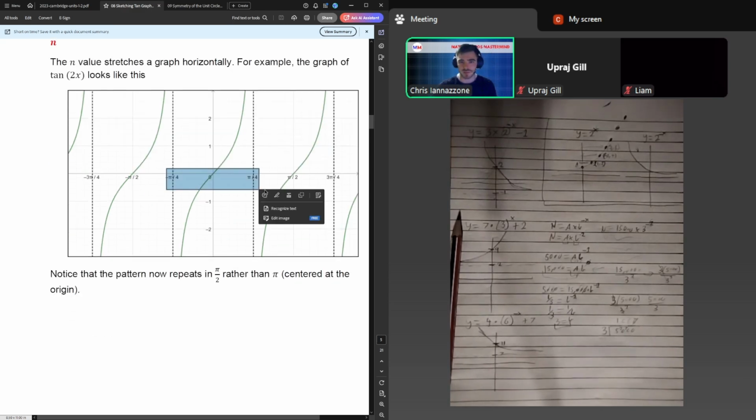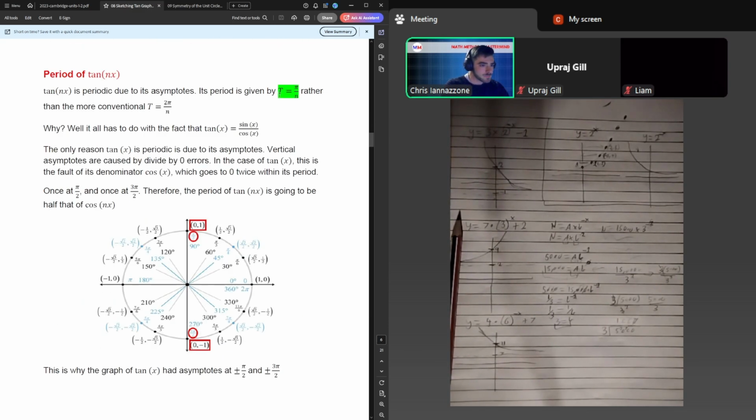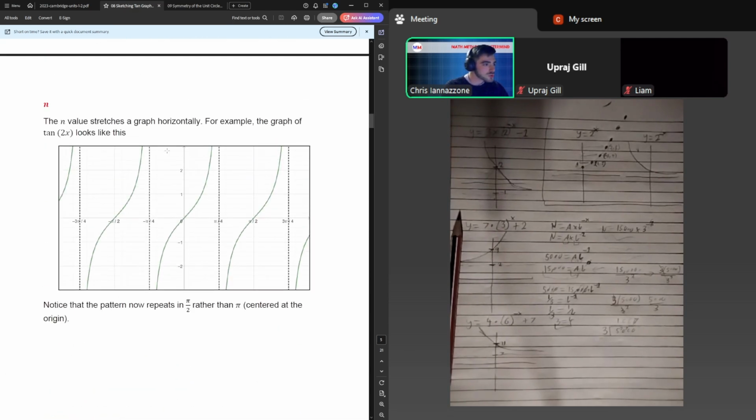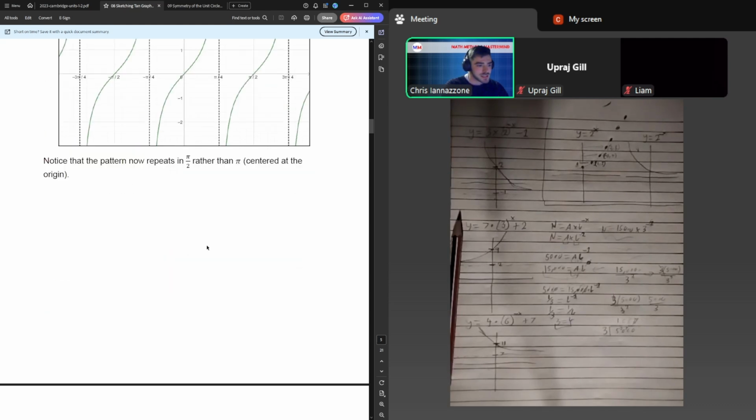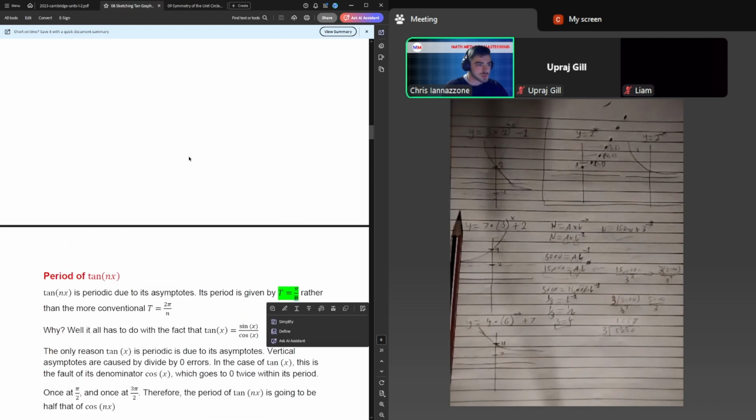All right, we've halved that down to just a total distance of pi over 2. I mentioned earlier it's given by pi divided by n, so reminder that n is 2 in this circumstance. It's whatever's directly multiplying the x. So if you were to sub in n equals 2 there, you would get pi over 2,